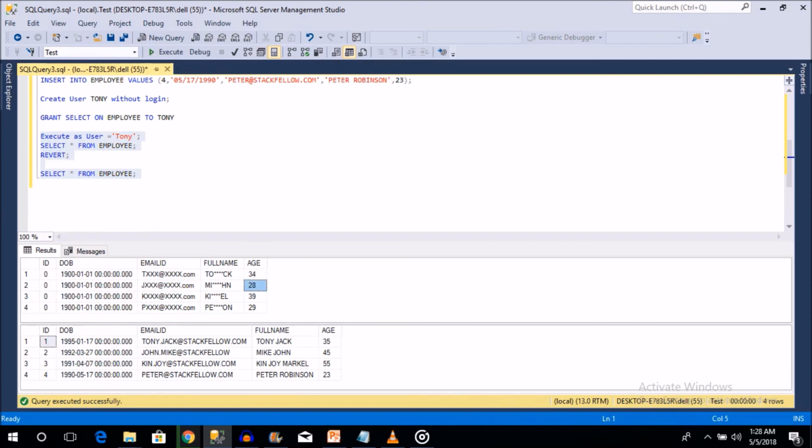But the second command will be run by the admin user. If you execute this, you can see here it is 26, but actually it is 35. In the second record, Mike John's age is showing 37, but here it is 45.